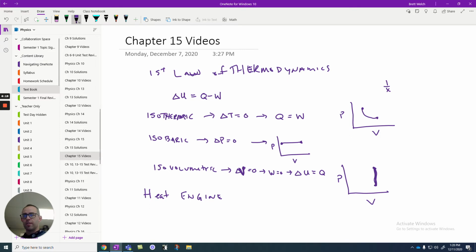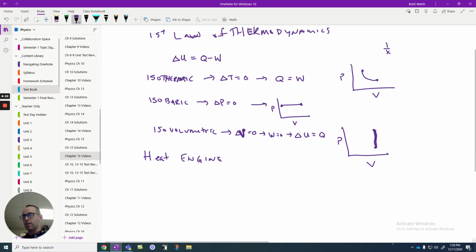So if you can imagine with me in our heat engine that we're going to model down here, imagine that over here, we're going to call this QH. We've got a high temperature or high heat reservoir. You could think of it as a bunch of water over a flame. And it's going to make this go up into steam, right? So we're going to boil this water. This is essentially a steam engine. As that gas gets hot, it's going to expand and it's going to put pressure everywhere trying to get out.